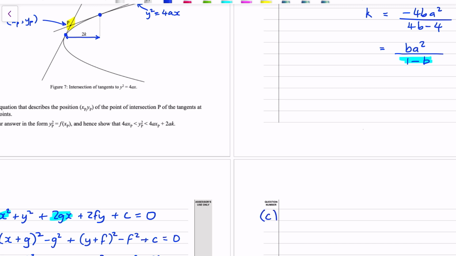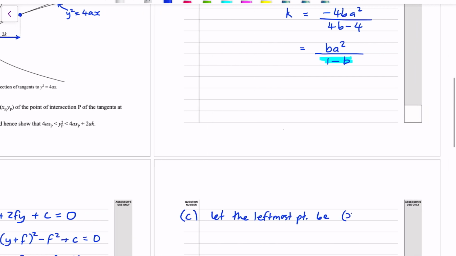So I could say let the leftmost point be xa, ya, and the rightmost point is going to have an x value that's related to the x value of a. It's going to be xa plus 2k, and then the y value, I'm going to call it yb at the moment,